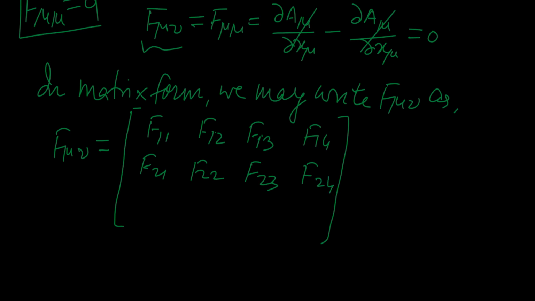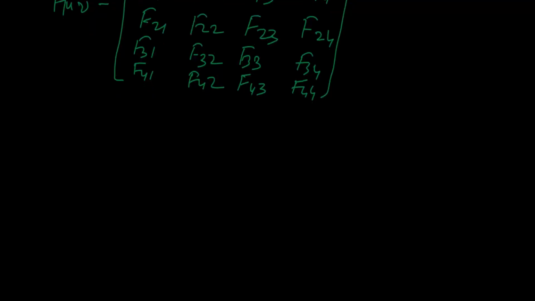Again F31, F32, F33 and F34, and the fourth row will be F41, F42, F43 and F44. Now let us substitute the values of these components,